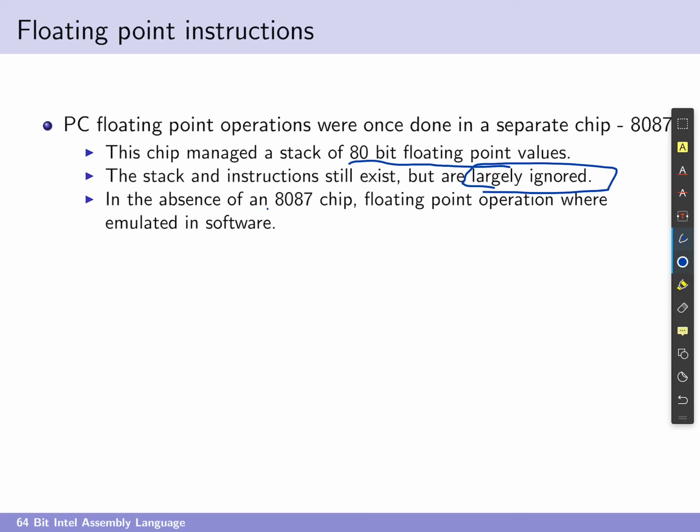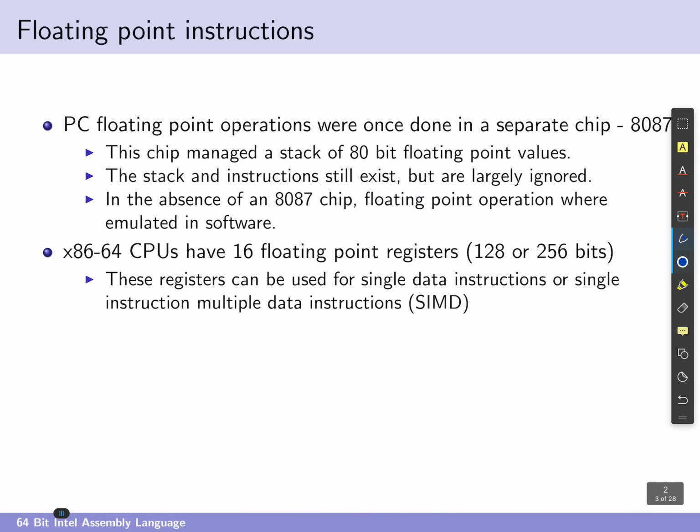Now, in the absence of an 8087 chip on an older system, back when it was dedicated to just performing floating point operations, you would be forced to emulate floating point calculations at a software level. However, that's obviously not conducive to effective computing, which is why they added the separate chip. And on modern computer architecture, floating point operations are done by the same chip as the integer component. Obviously, there are different microarchitectures for different parts of it, but it's not a separate entity as it was at one point in time. Now, x86 64-bit CPUs have 16 floating point registers at our disposal,